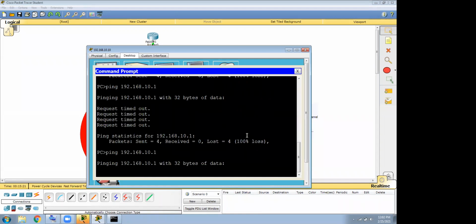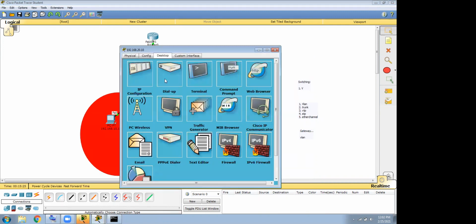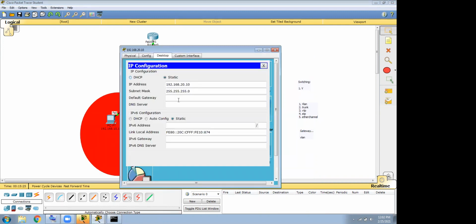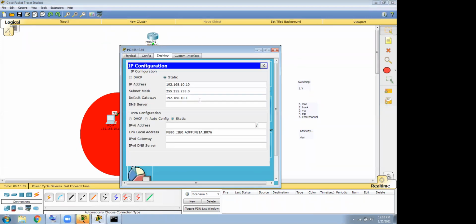This is what real time is. Okay, now it is not pingable. Let's check here. Here also let me define the IP address 192.168.20.1, and here let me verify the gateway 192.168.10.1. Okay, this is done.